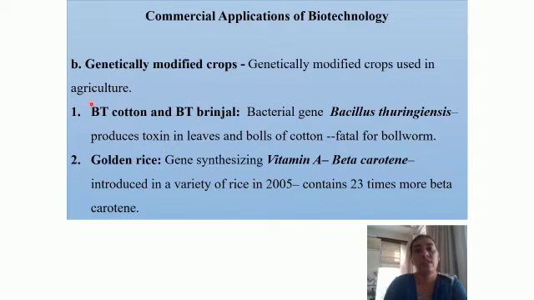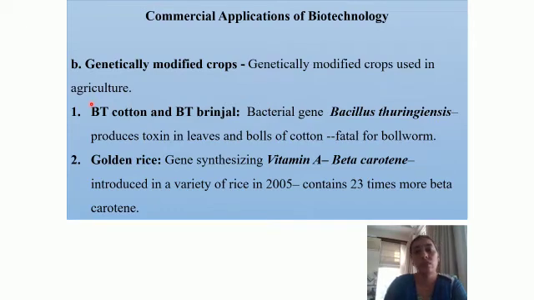Now this bacteria naturally occurs in the soil and it secretes a chemical, but if this bacteria is consumed by the pest or the insect, then the chemical proves to be a toxin for it, and it completely destroys the digestive system of the insect and pest and kills it. So what was done, that is using biotechnology or genetic modification manipulation techniques, we have taken the gene from this bacteria and we have integrated or inserted it into the plant.